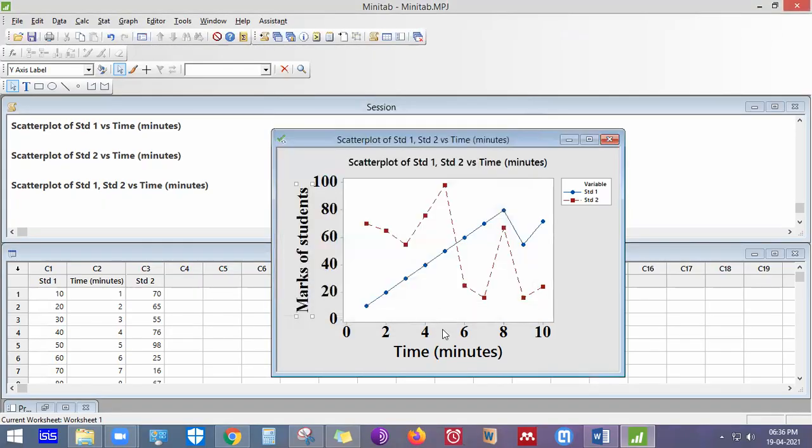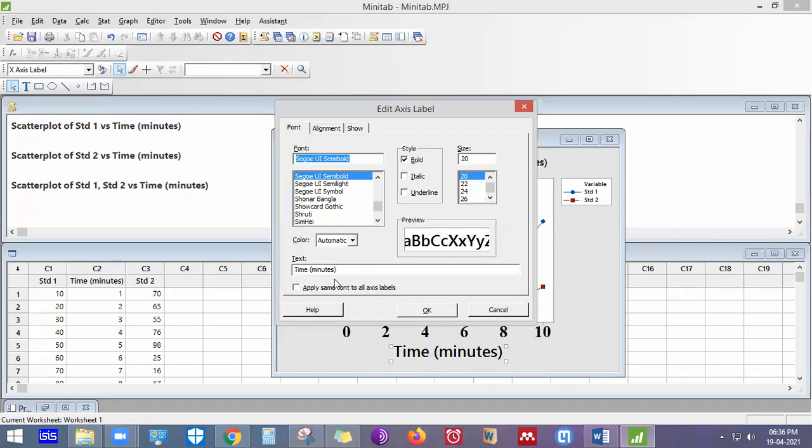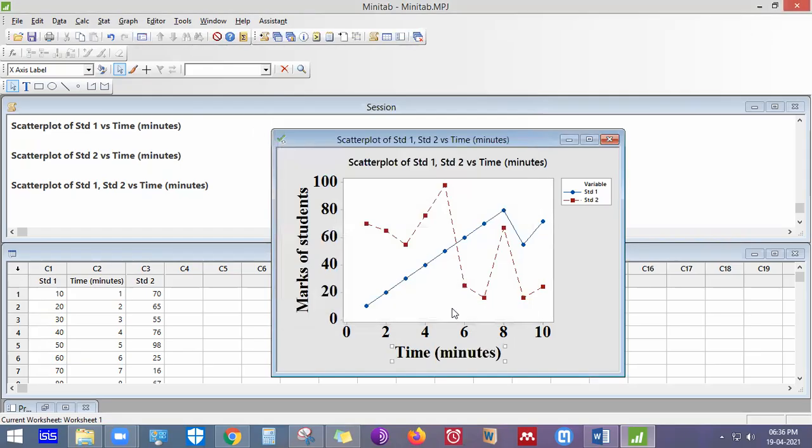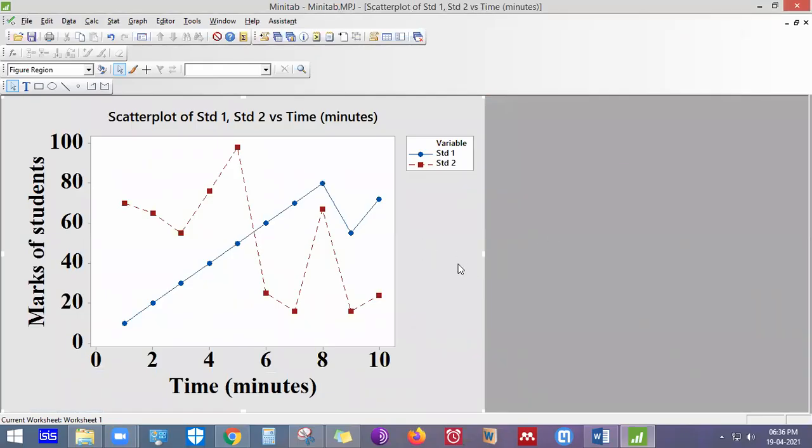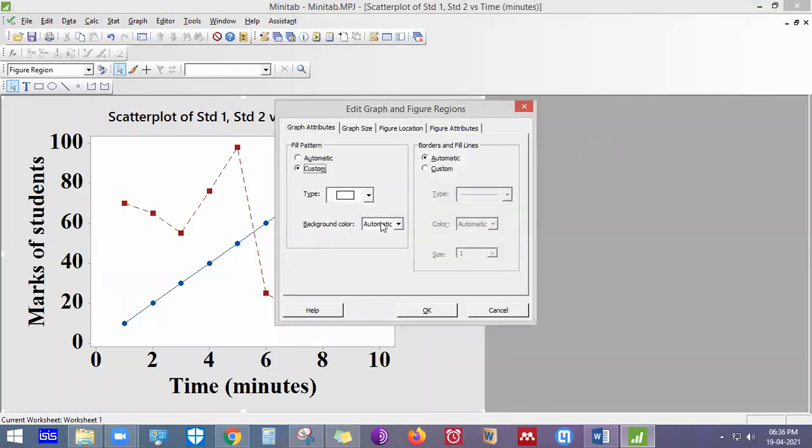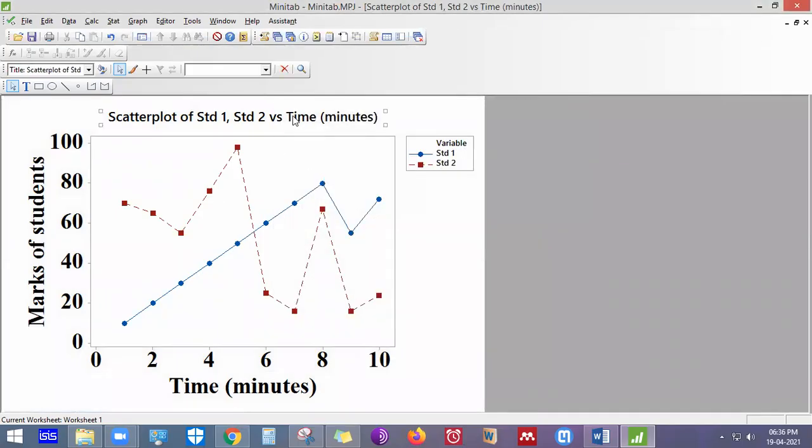Times New Roman. Click on OK. And similarly for X label, I'm going to set it to Times New Roman. Click on OK. Once that is done, double click on the outer region. Click on custom. Select the fill pattern to white. Click on OK. And then if you want to edit the title, you can give it a title, or else